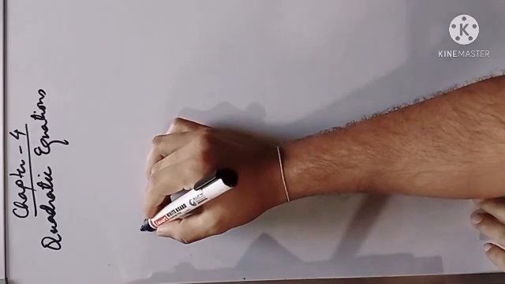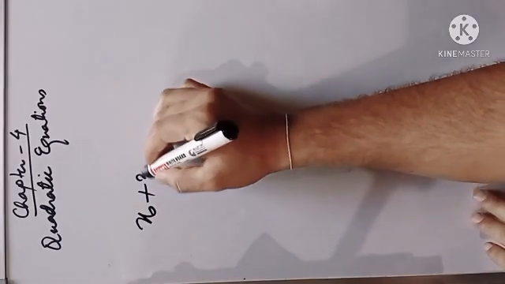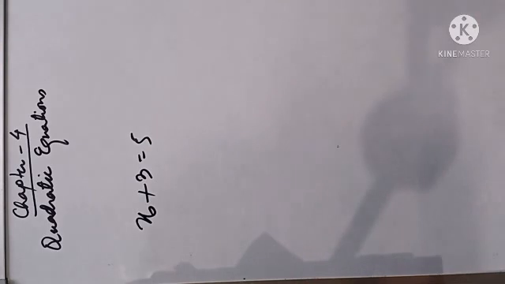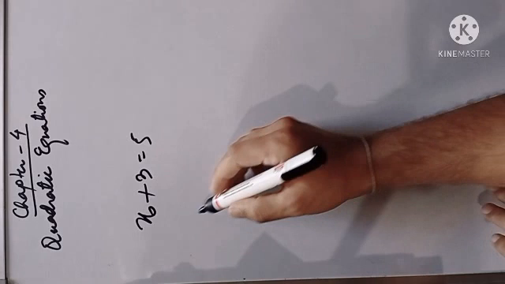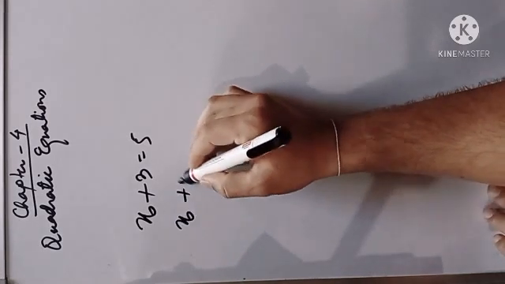Today we'll start a new chapter, chapter number 4, and the name of the chapter is quadratic equations. In the previous classes we have studied different types of equations. You studied the linear equation in one variable, x plus 3 equal to 5. This is a linear equation in one variable. And in class 9 and class 10 you studied the linear equation in two variables. You have studied this kind of equation, but today we're going to introduce a new type of equation,